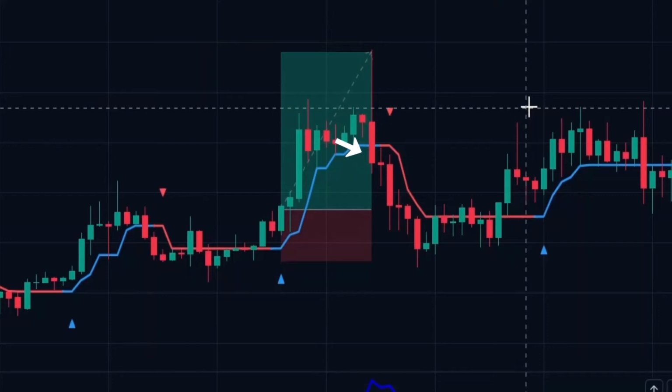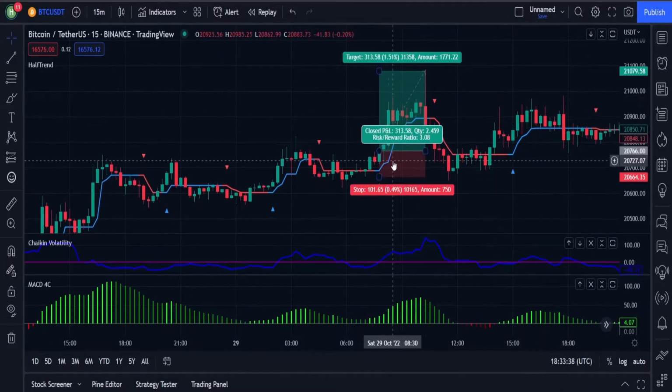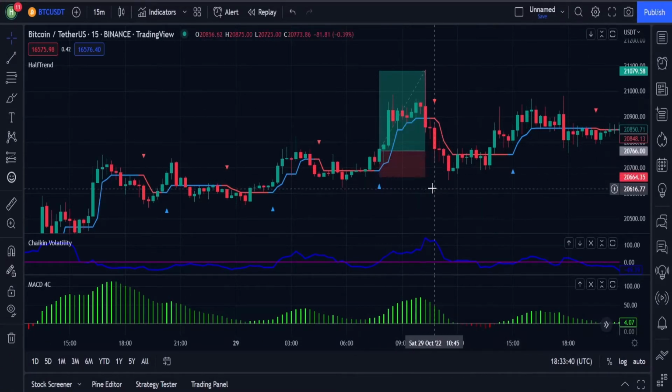So we'll get out of a buy trade here. But keep in mind, when you get an exit signal, the trade must be profitable. We'll go through multiple examples for buy trade, but before that, let's go through the rules for entering a sell